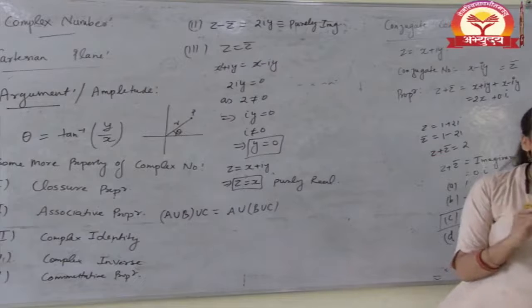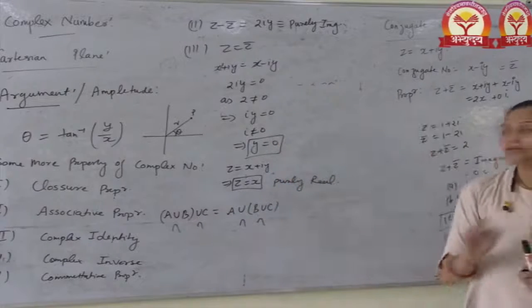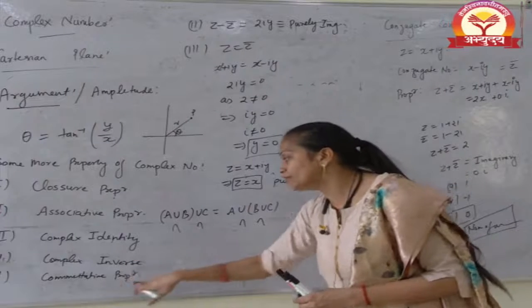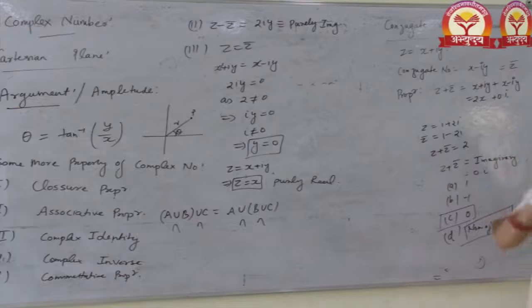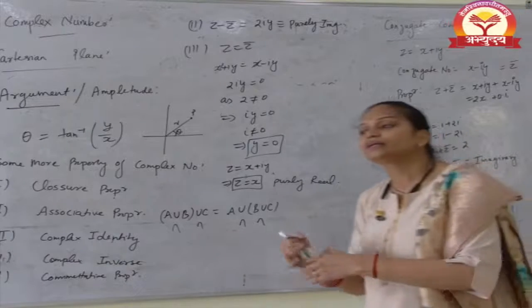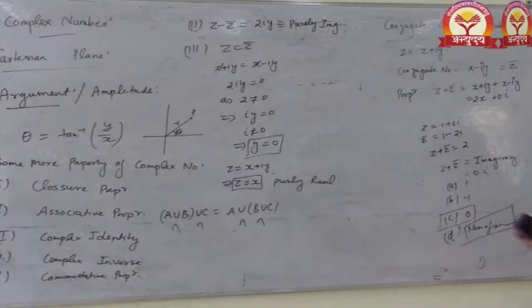You have seen this in set theory, and these are also defined in intersection form. Similarly, the identity form, inverse and commutative form are like this. Here we will see all these things in the form of complex numbers, whether these are defined over complex numbers or not. Okay, so